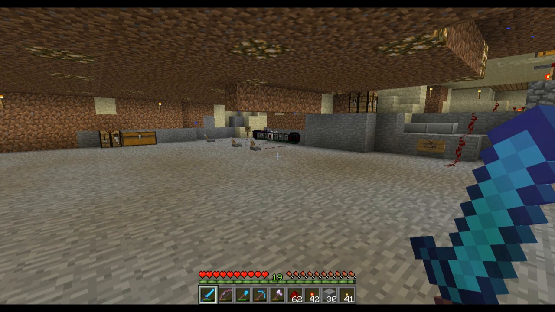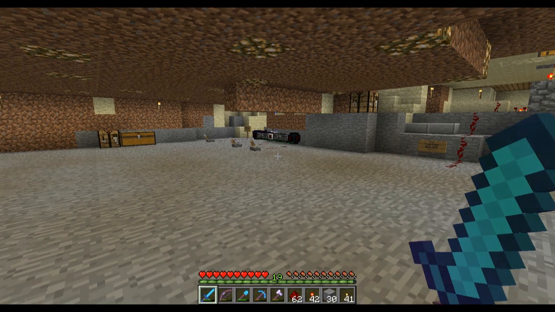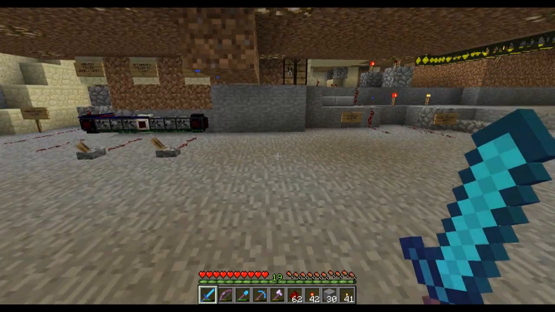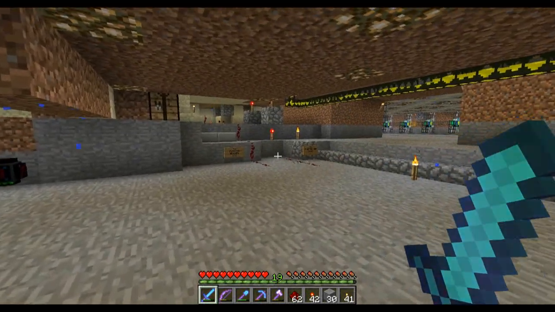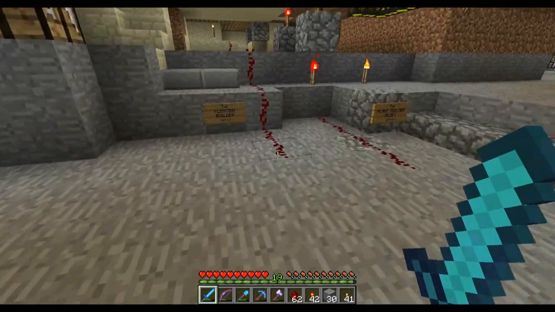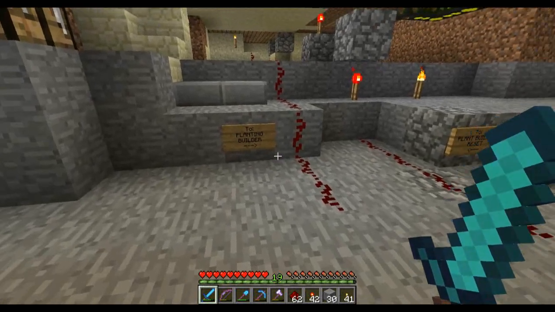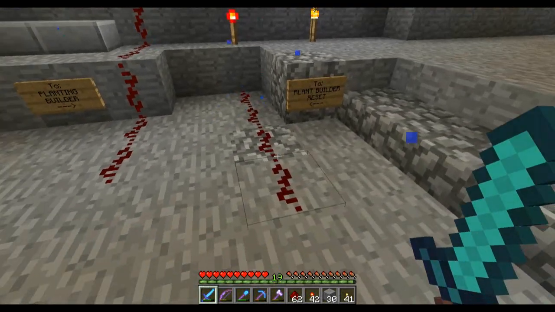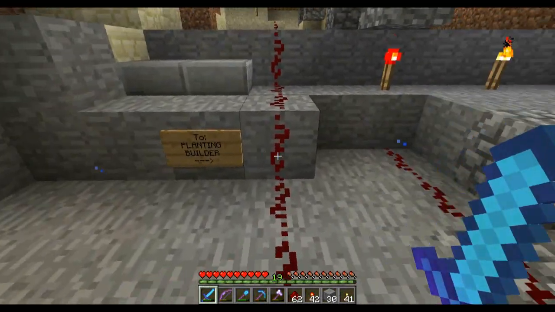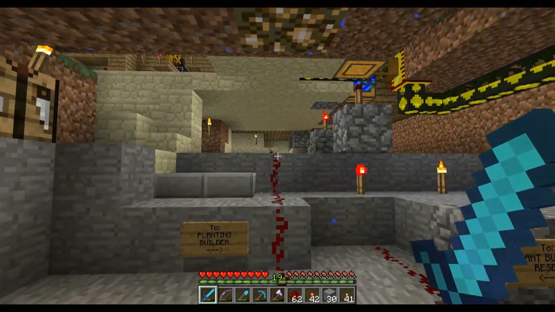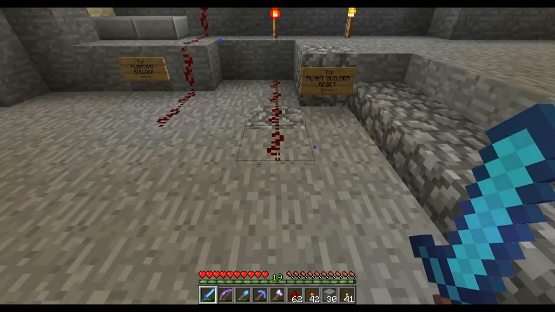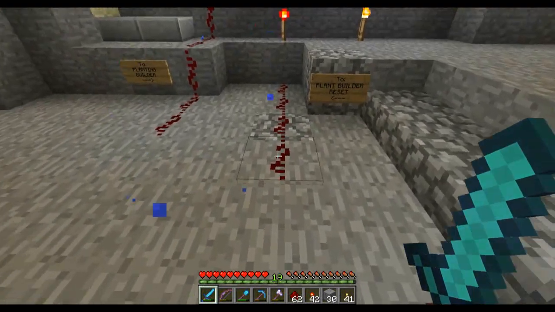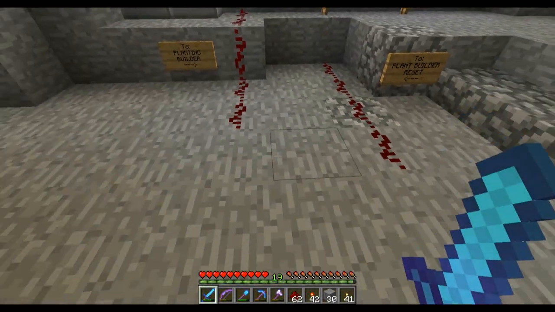There, wasn't that fun? Alright, so let's go ahead and build something. We're going to start with the planting side, which in this case is over on the right side here. The two lines we have to deal with are the planting builder and the plant builder reset. The planting builder line, when it's on, the planting builder is going to be on, and when we send a pulse to this plant builder reset, this will reset the planting builder.